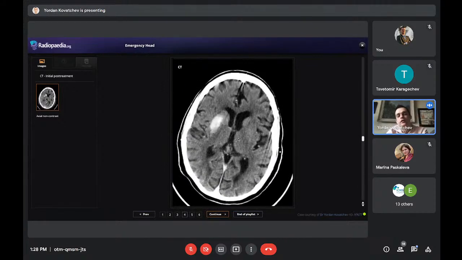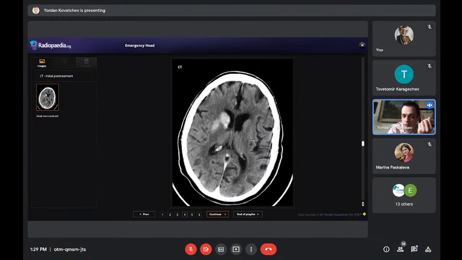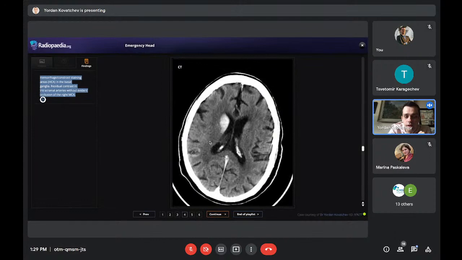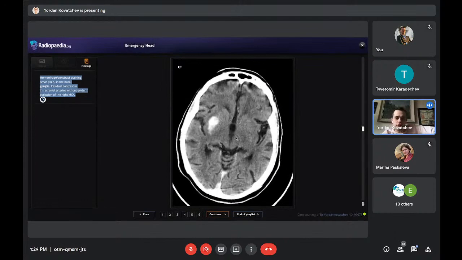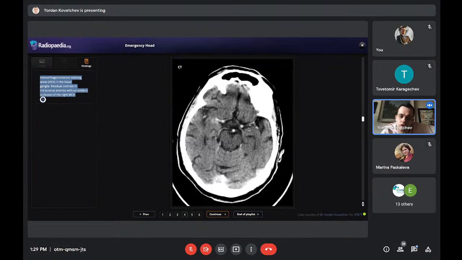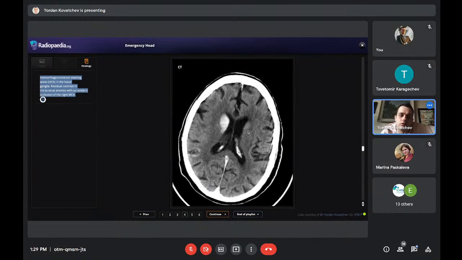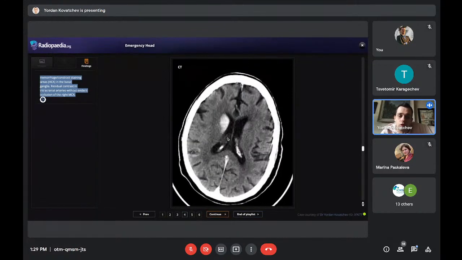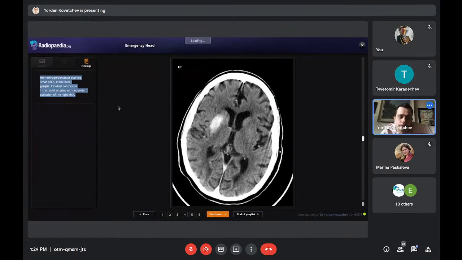So actually, the differential diagnosis here is, of course, hemorrhage, which is one of the complications of such a procedure as mechanical thrombectomy, but it also could be contrast staining. That's what it's called. That's how we described it. So hemorrhage or contrast staining. And luckily, because if it was hemorrhage, then this would mean hemorrhagic transformation of the infarction, right? And this is not really a good prognosis. It's a complication of ischemic stroke. So what we do is we do a follow-up study 24 hours later.